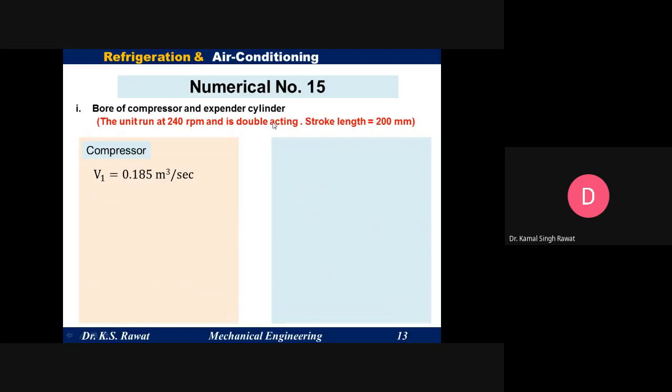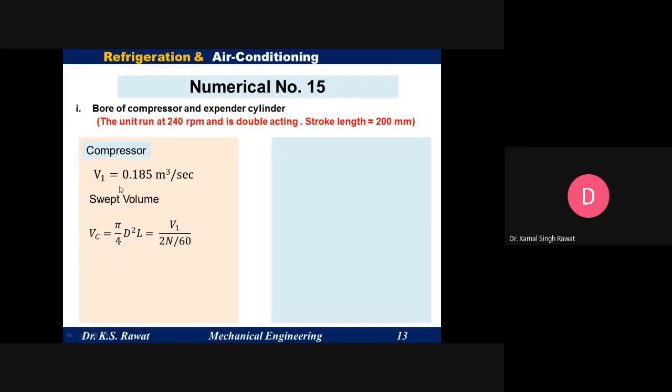So now from the value of V1, we can calculate the swept volume. Can you tell me the value of swept volume? If the diameter is D and the stroke length is L, the stroke length is given, and we have to calculate the diameter, assuming diameter is D. So pi by 4 d square into L. Yes, very correct. So this is the swept volume.